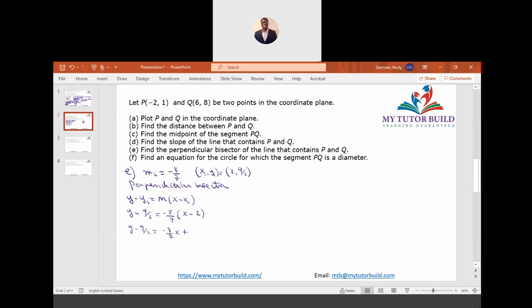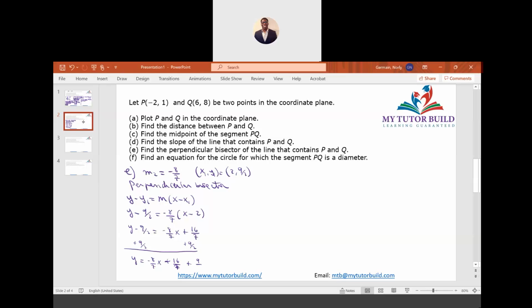Negative times negative 2 gives positive, 2 times 8 is 16 over 7. When we add 9 over 2 to both sides, we end up having y equals -8 over 7 x plus 16 over 7